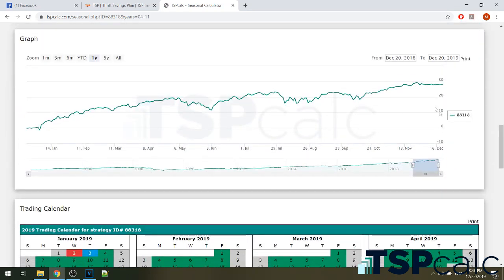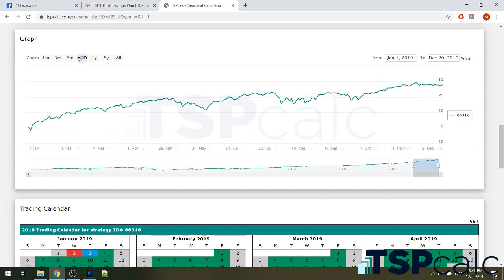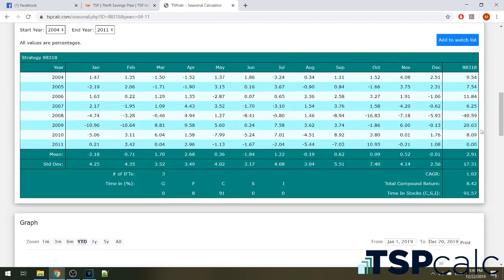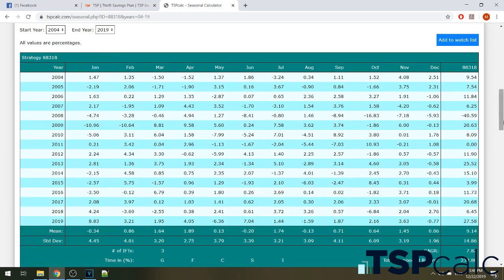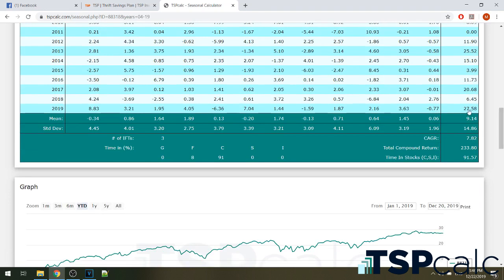Okay, clicking on year to date, 27.58%, and that's year to date, right? Well, what's with the 0 here? Well, actually that's 2011. Remember, we got to drop that down, go to 2019, and look, there's 27.58 for 2019,